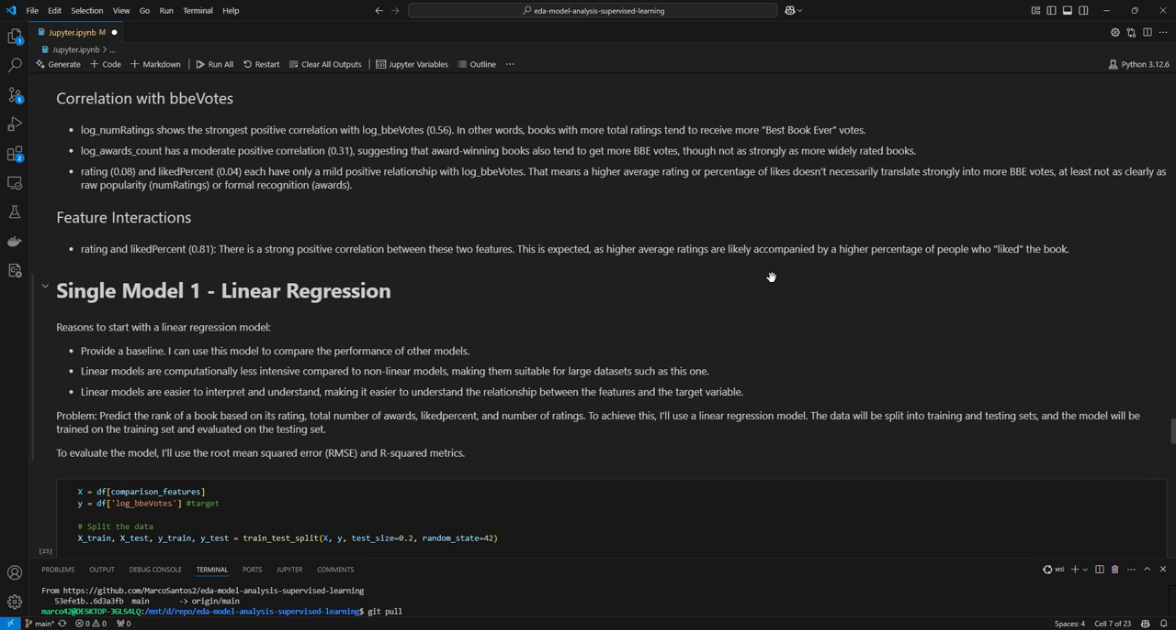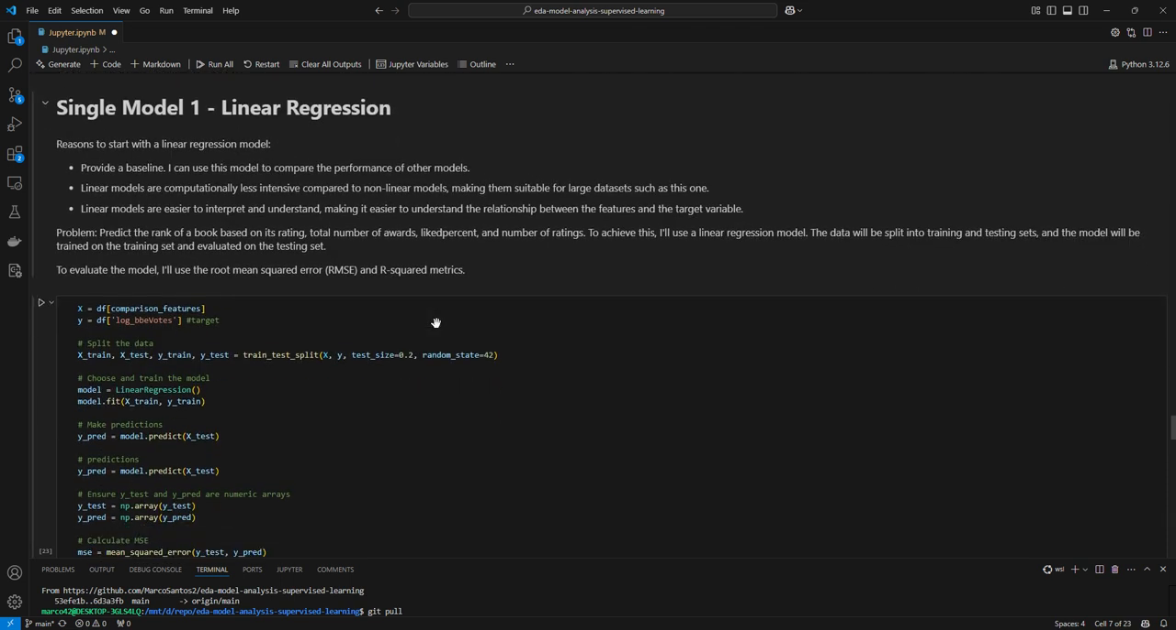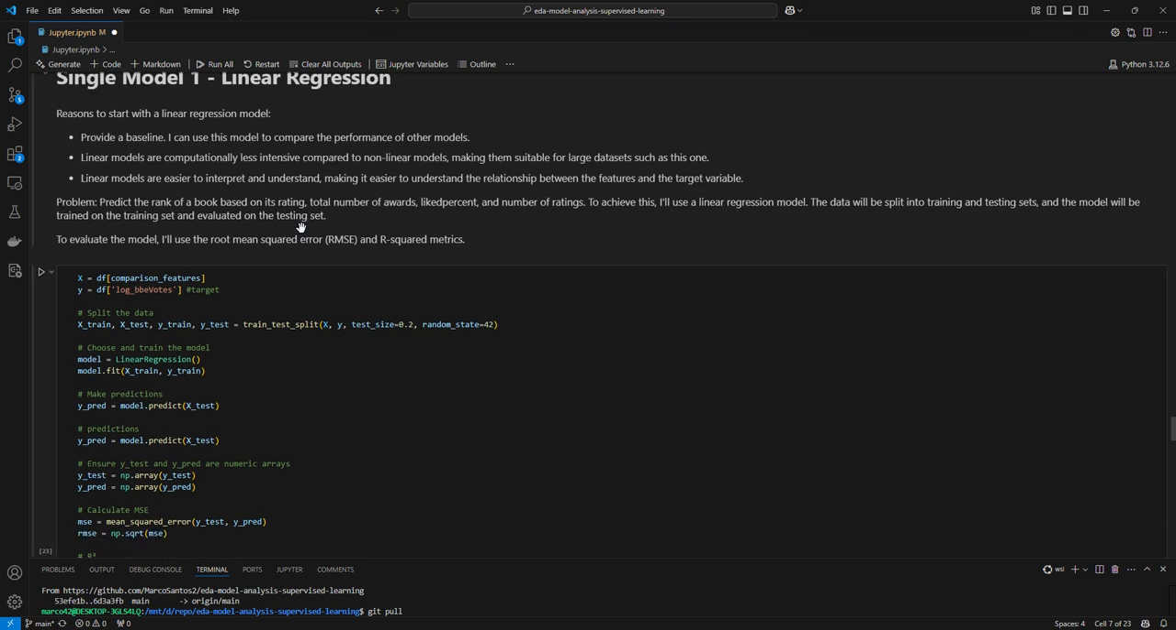All right, so now let's talk about our first model. So I chose linear regression because it provides a baseline. I can use this model to compare with other models. And then linear models are computationally less intensive compared to nonlinear models, making them suitable for large data sets. This is a large data set. And then linear models are easier to interpret and understand,